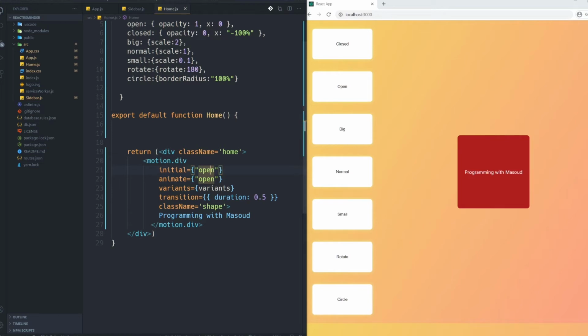To do this, you can have several options. For example, you can use a state manager like Redux or other state managers. You can also use some libraries to send messages between components. You can use context API, but in this tutorial I'm going to show you the simplest solution for this, which